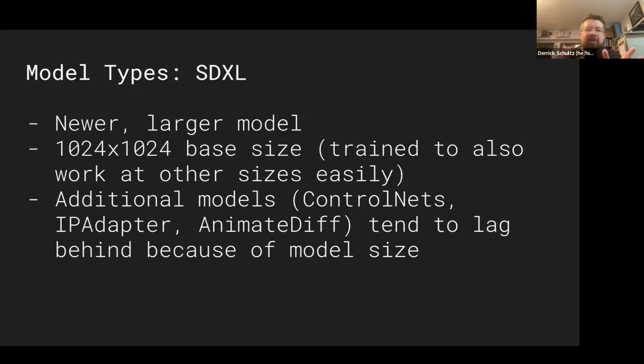There are a bunch of other models that work with SDXL, but not all of them are as good as the others. I know the IP adapter folks don't really like the SDXL model that they built, but it does work. There are fewer ControlNets available for SDXL, and there's only one AnimateDiff model that works for SDXL, and they more or less just label it as work in progress. So we probably won't use SDXL much in this class because we're going to jump and use some of these other tools. But just know SDXL is a really, really well-known model, and people who just do pure image generation with it do tend to like it.